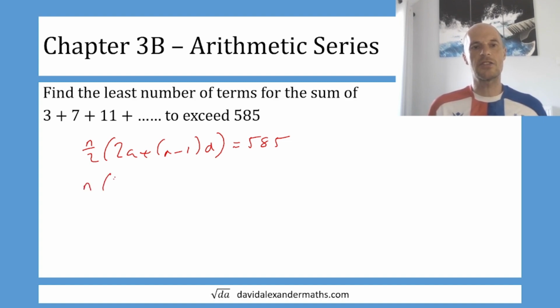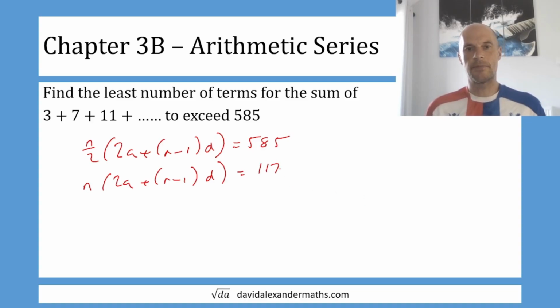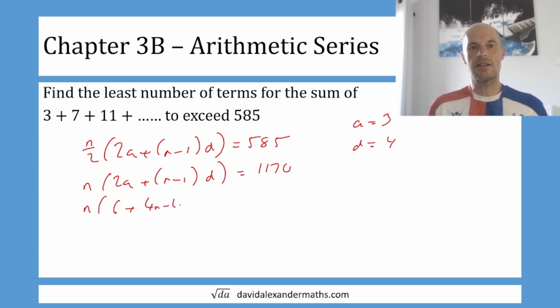So n lots of 2a plus n minus 1d is 585 doubled, which is 1,170. Now here we know that a is 3 and d is 4, so that's n lots of 6 plus 4 lots of n minus 1,